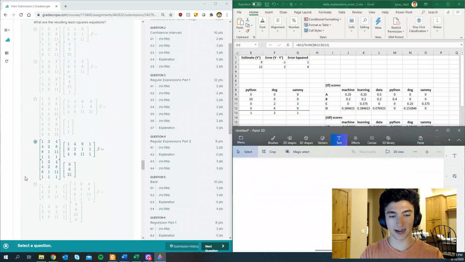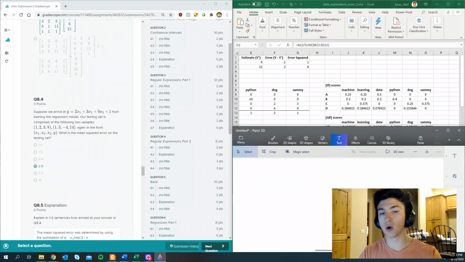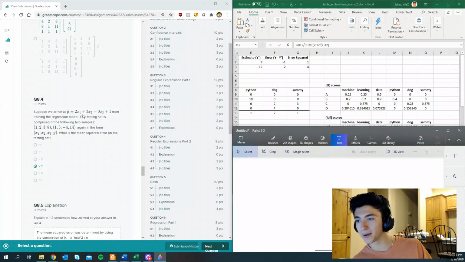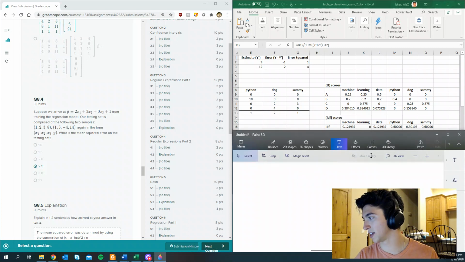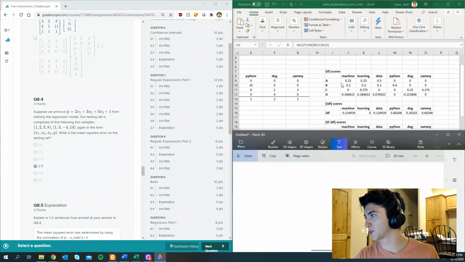All right, 8.4. Suppose we arrive at y hat is equal to 2x1 plus 3x2 plus 0x3 plus 1. And it says, what is the mean squared error on the training set? Well, the answer is 2.5, which is what I have. And I have had here, you'll see that I have actually a notebook pulled up. Or excuse me, not a notebook, but an Excel spreadsheet. And in it is where I actually do some